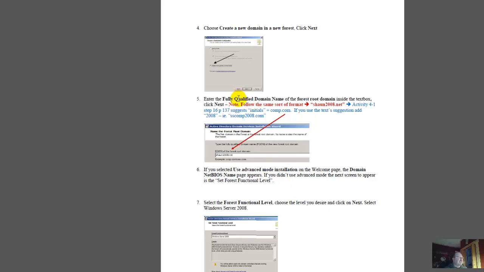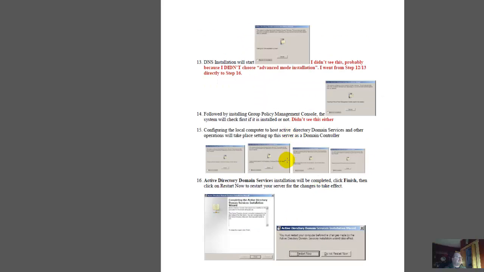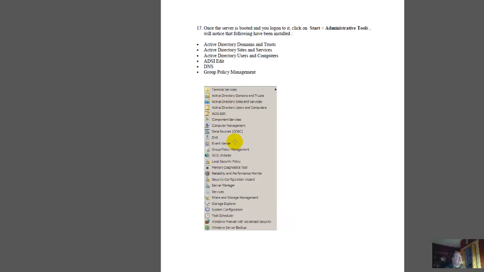installation process. Now, a fully qualified domain name, you'll get that once you create a new domain in a new forest. This fully qualified domain name is something like Shaun2008.net. That's what I'm going to use. But it can be unique. You can put in whatever you want, but it is the domain name of this particular system. Now, also within this, you're going to set up the DNS, and also within this, you're going to set up Active Directory here. Once you get that finished, and you'll see this already in my